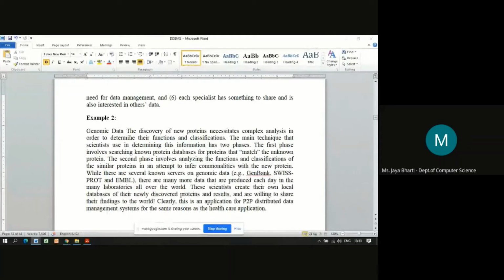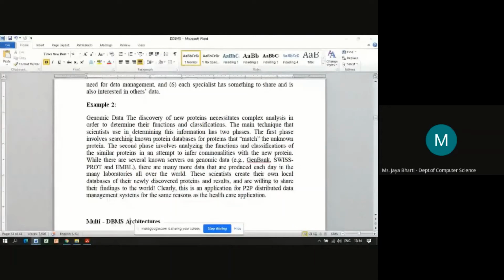So clearly this is an application for a P2P distributed database management system, for the same reason as the healthcare application. Whenever there is sharing of data, the peer-to-peer or distributed database management system architecture comes into the picture. So this is another example of P2P.